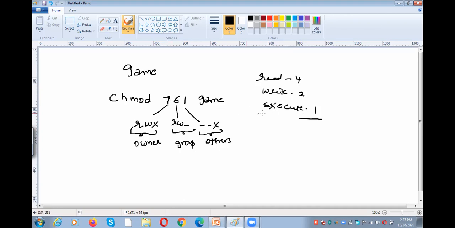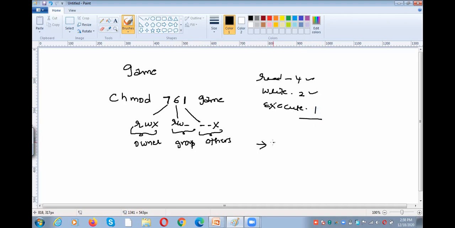And next for group I want to give only read and write permission. So 4 plus 2 is 6. For others I want to give only execute permission. So that is the reason why 1. So now I want to change the mode again.